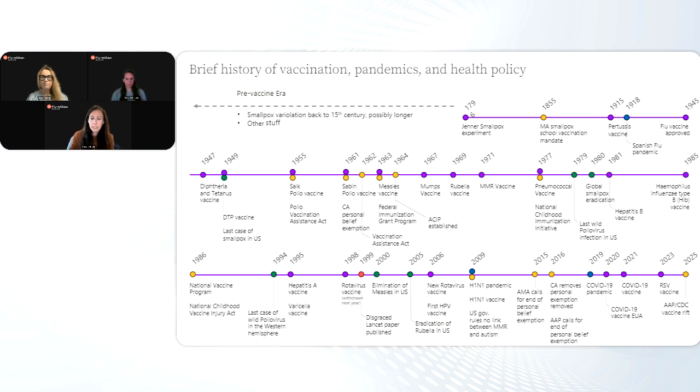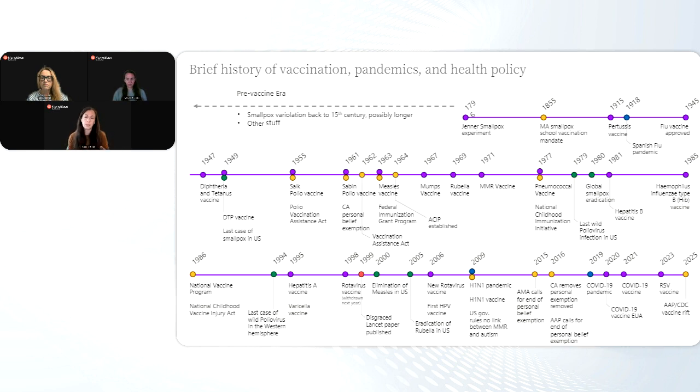Moving into the late 70s, early 80s, we're still kind of in this partnership phase. We're still getting more vaccines. The National Childhood Immunization Initiative comes up in 1977. And this is really just a goal to say that we do want to maintain herd immunity. We want to get all childhood vaccinations up to 90% of the population covered